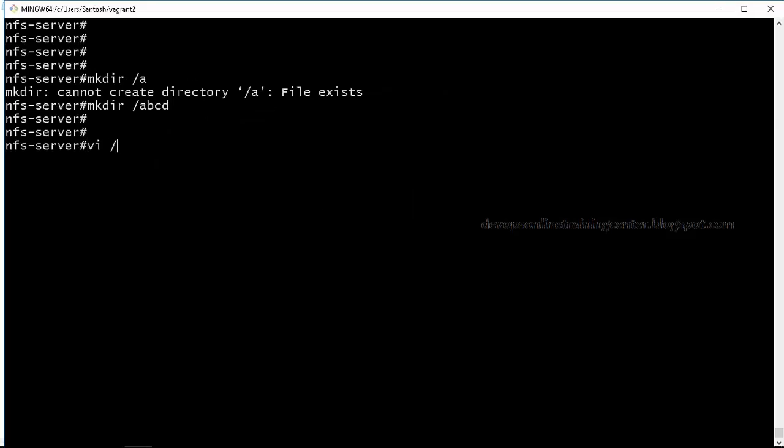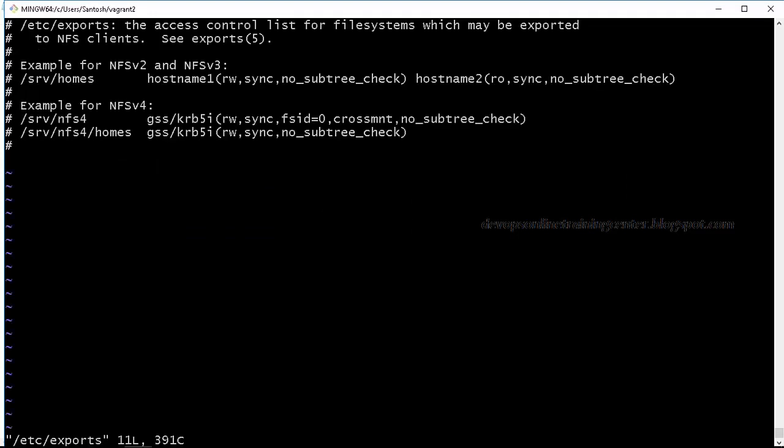So I'll go to the server and open /etc/exports, right? Here we can add the directory name. What is the directory? /abcd, and you can give something like read-only access. Let us say I want to give it to everyone, star. We can give a lot of other options. For now, I'll just concentrate on sharing a read-only file system. So I'll just save it.